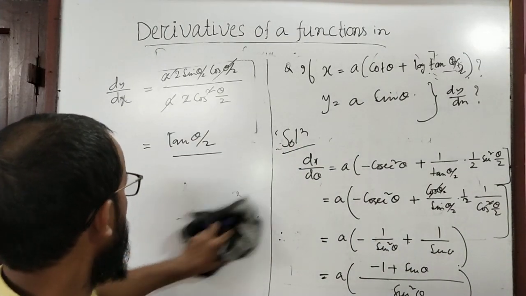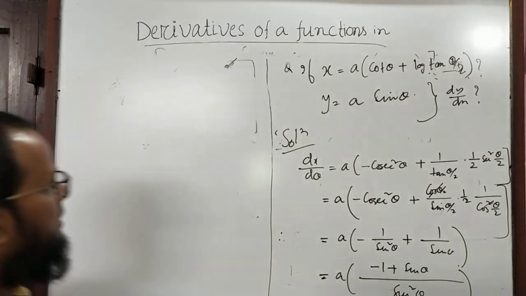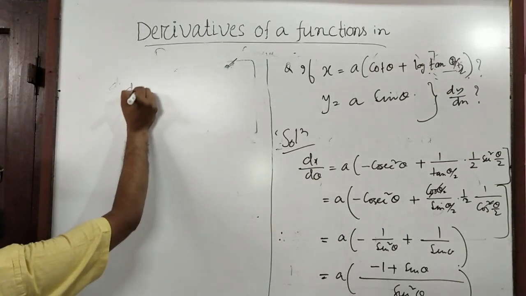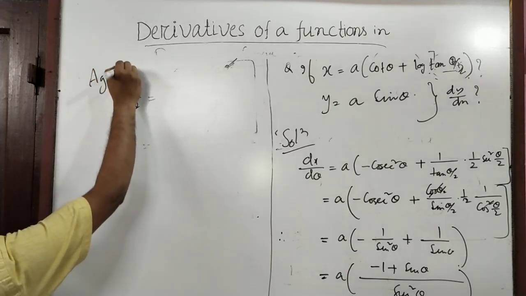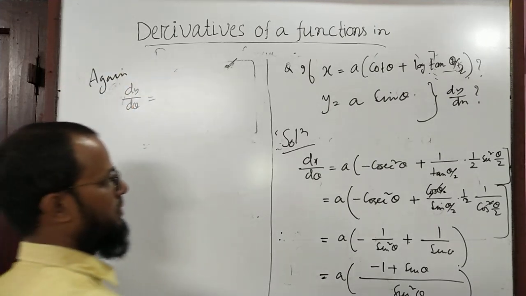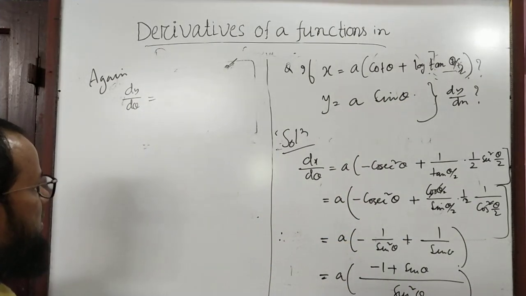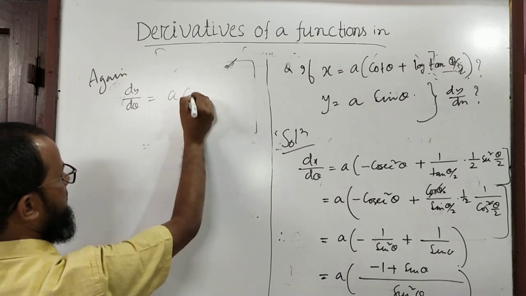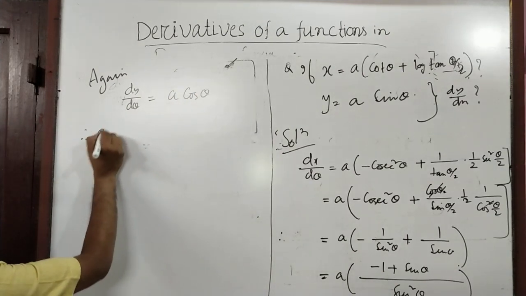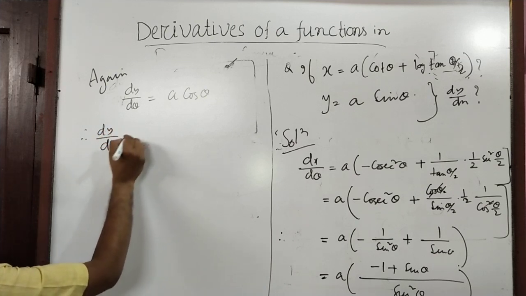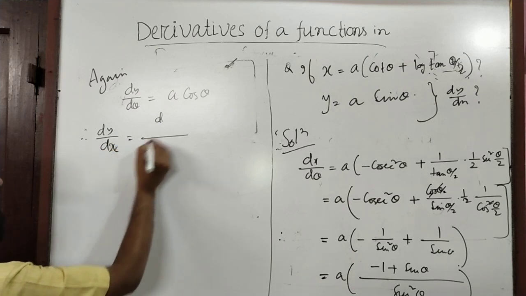Now you are going to find dy by d theta. You have to find dy by d theta. Dy by d theta is what? Very simple. Dy by d theta is simply a into d by d theta of sin theta. D by d theta of sin theta is equal to what? Cos theta. So finally you can apply, therefore dy by dx is equal to